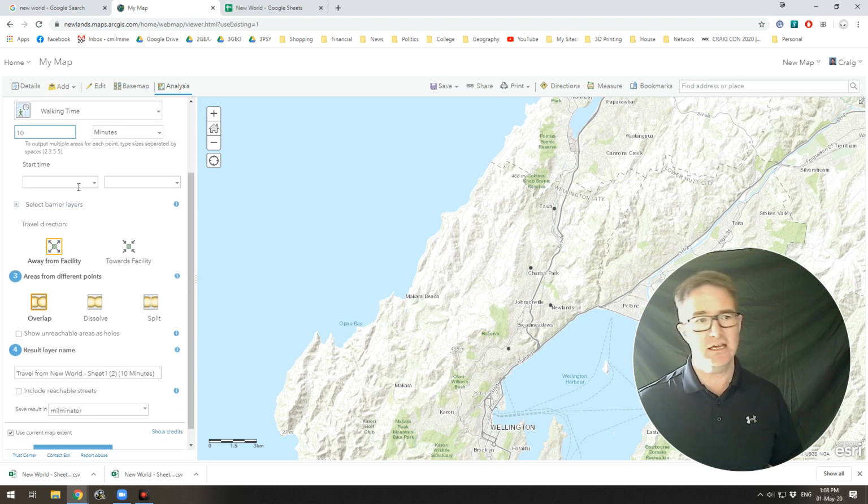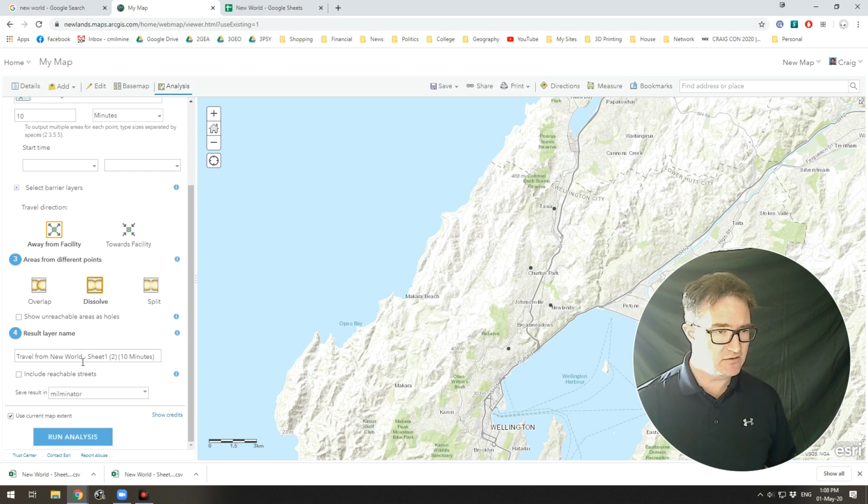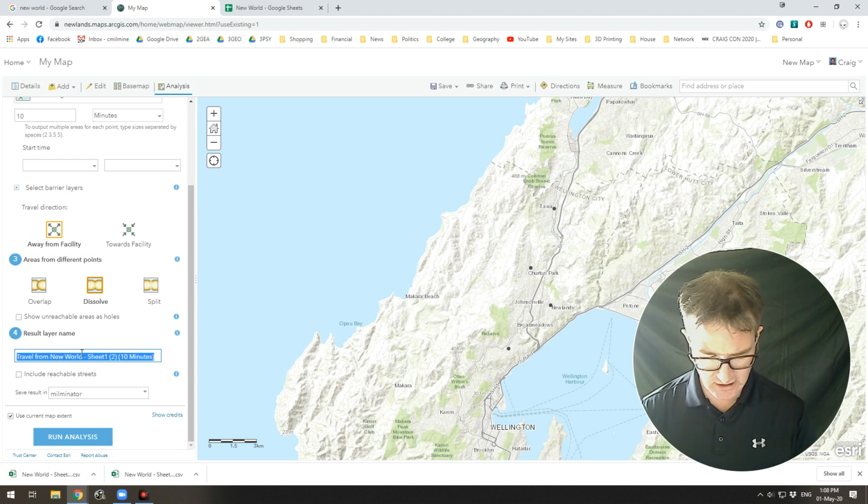You could add in start times here, and it would work out when the busy times are for traffic and that sort of thing, but I'm not so worried about that. Another good thing to do is to click on the dissolve function. When you've got overlapping walk times, it's not going to show them with hard outlines, so it just looks a bit nicer. You're going to need to give this a name, and I'm going to call it 10 minutes